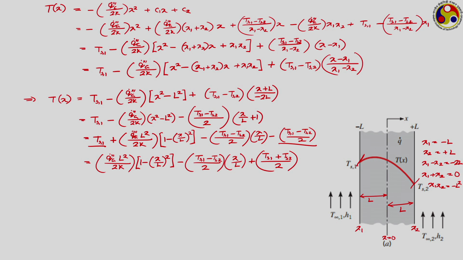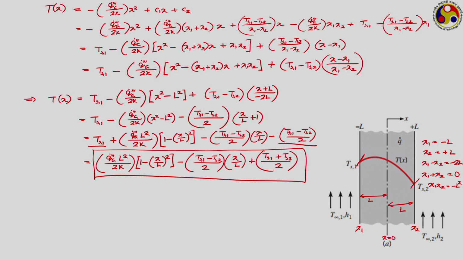Yes. So, this is the final form that we are looking for regarding the steady state one dimensional heat conduction through a plane wall, which is being subjected to uniform heat generation with constant thermal conductivities. You can easily see that if you put x equal to minus L, this will reduce to T equal to Ts1. If you put x equal to plus L, this will reduce to T equal to Ts2.